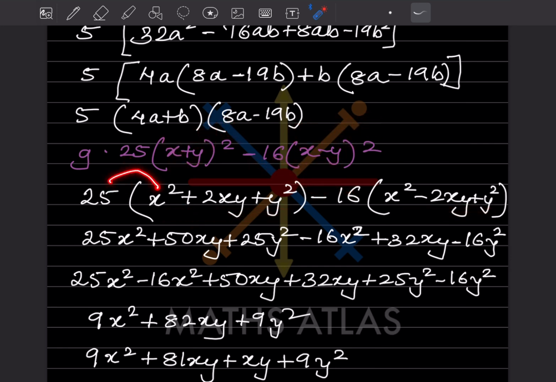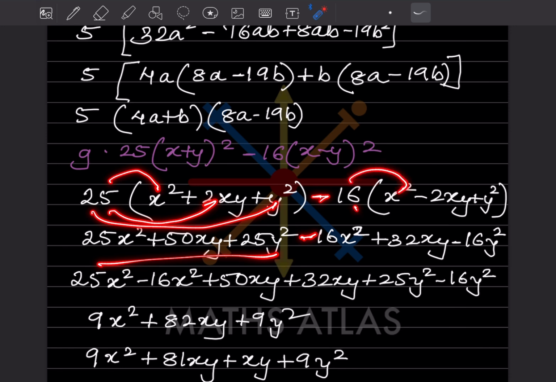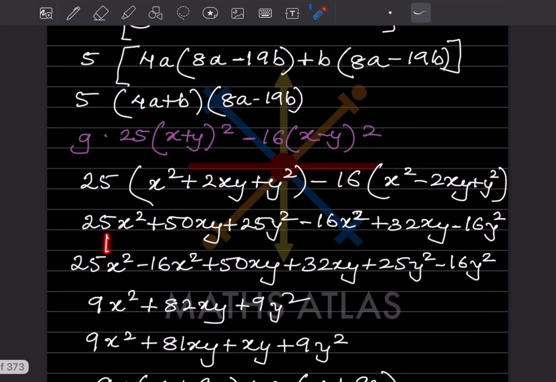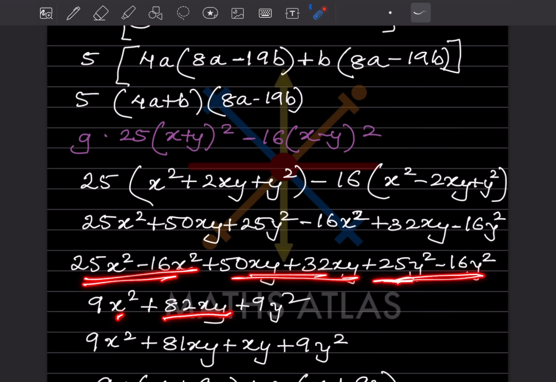So now we are going to take 25x square plus 50xy plus 25y square. So this is here. This minus sign as it is: 16x square. This minus and minus becomes plus 32xy. And this is going to be minus 16y square. So 25x square minus 16x square plus 50xy plus 32xy plus 25y square minus 16y square. So this together is going to be 9x square. This together is going to be 82xy, and this will be plus 25 minus 16 is going to be 9y